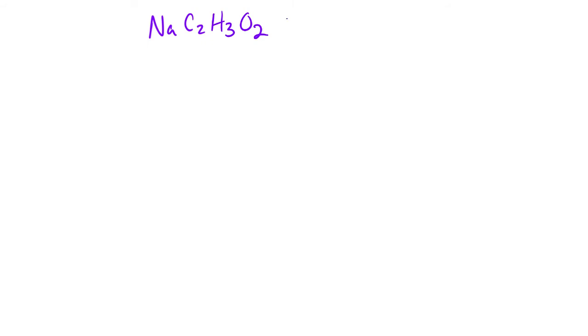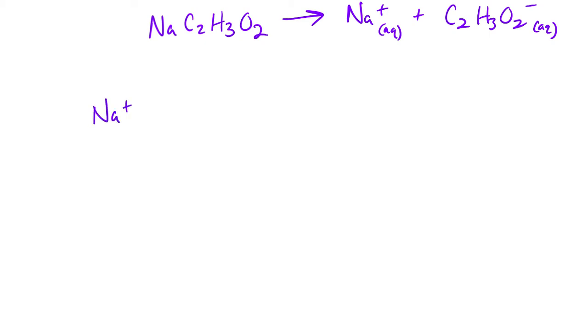We put that in solution, and we form sodium ion and the acetate ion. These are both aqueous. So far we have only looked at how the acetate ion affects the pH. We haven't really considered the sodium ion. And I mentioned when we were initially looking at how to determine if anions or cations affect the pH of a solution,